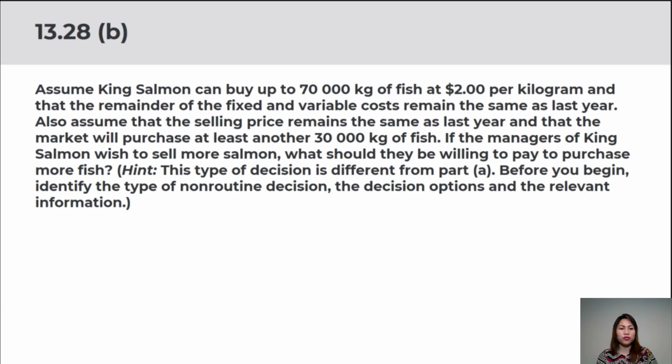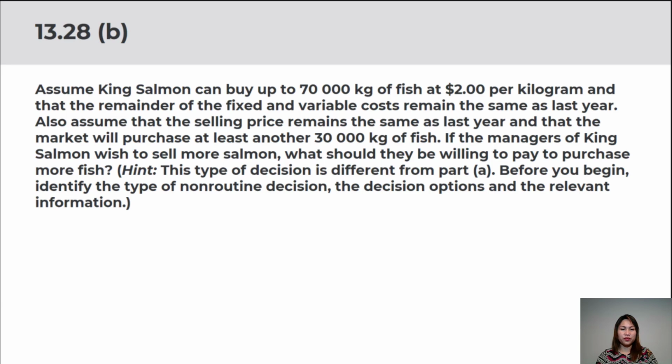If the managers of King Salmon wish to sell more salmon, what should they be willing to pay to purchase more fish? In brackets, hint: this type of decision is different from part A. Before you begin, identify the type of non-routine decision, the decision option, and the relevant information. Now, this